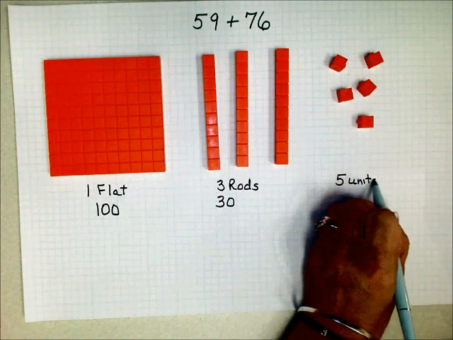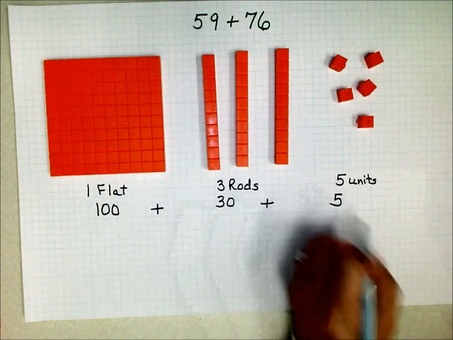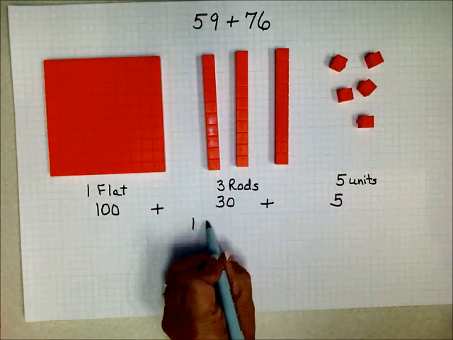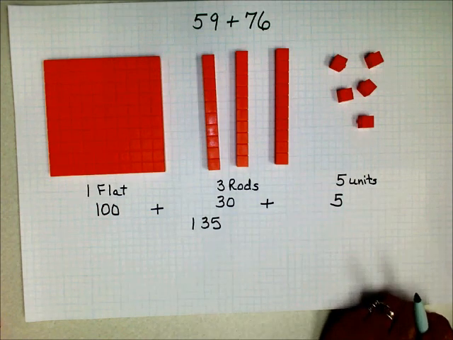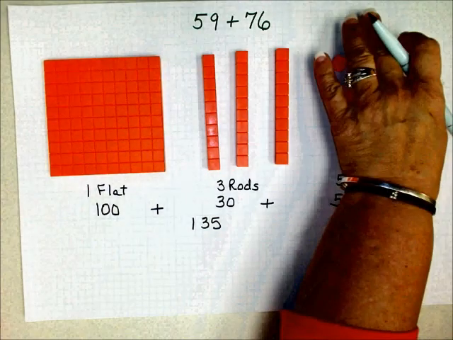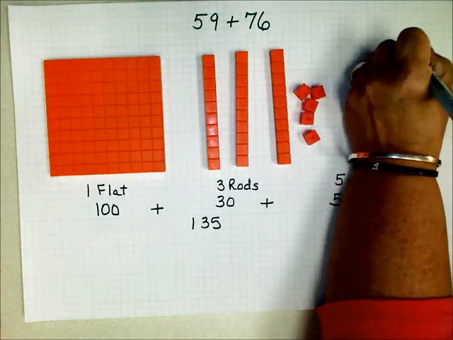So when I add these together, I have 135. Now, if we use the actual addition algorithm, where we take 59 plus 76,